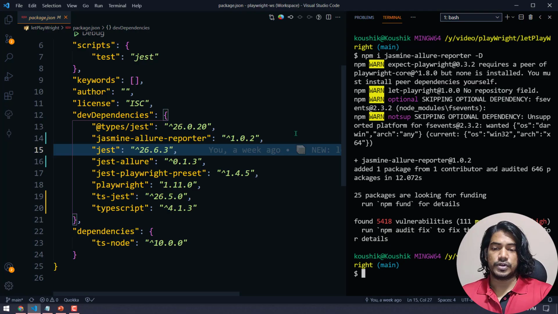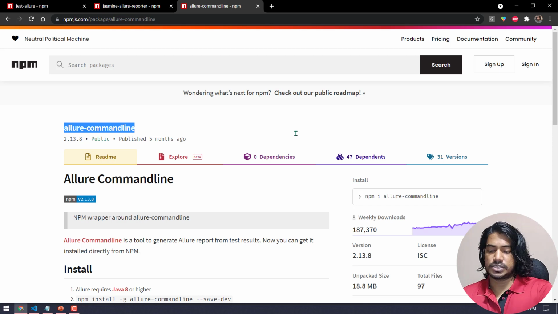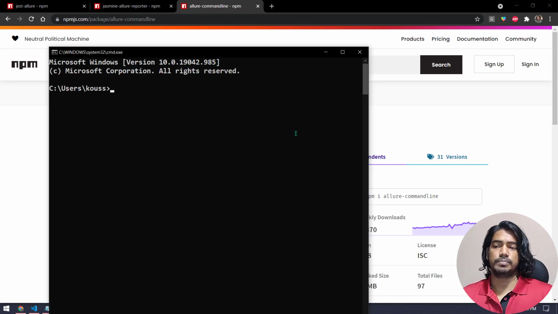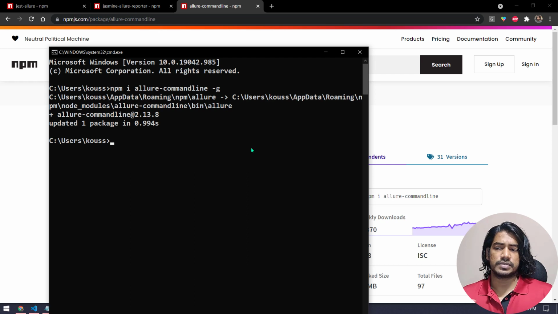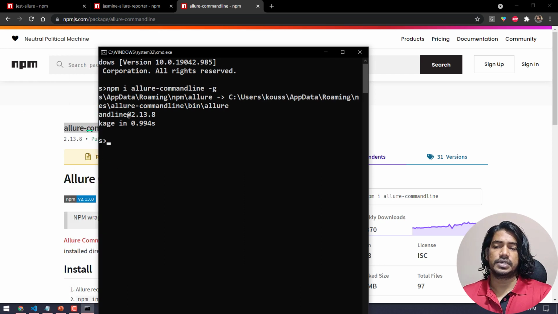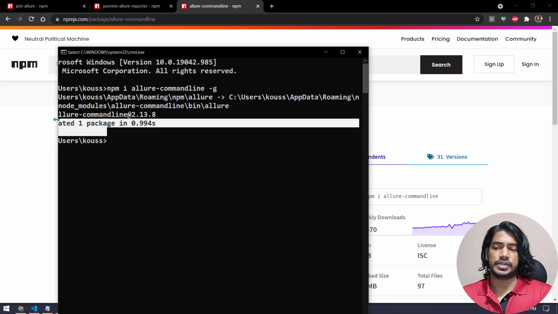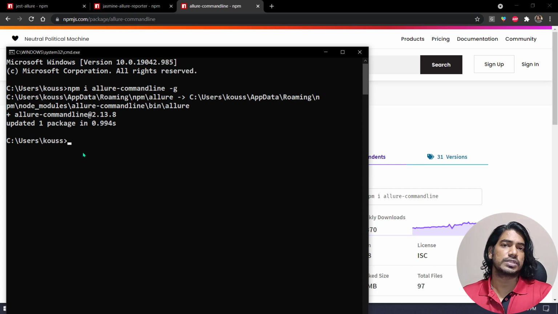So for that we are going to install this globally. I'm going to bring up my command prompt and give -g, and -g means it's going to be stored globally. It's already there in my system, so it will say updated. Here you can see it says updated. If you are doing this for the first time, it will say installed successfully.